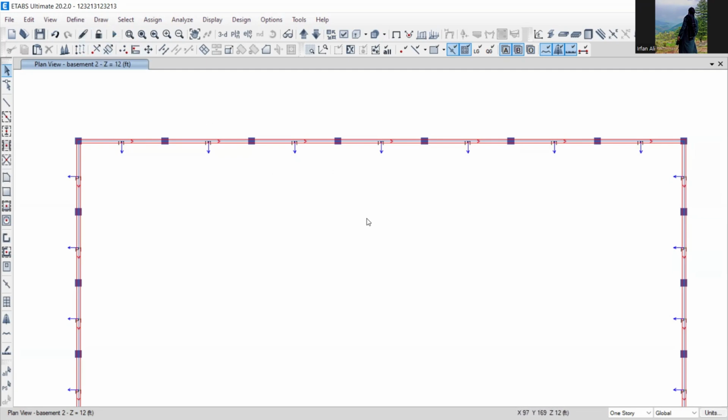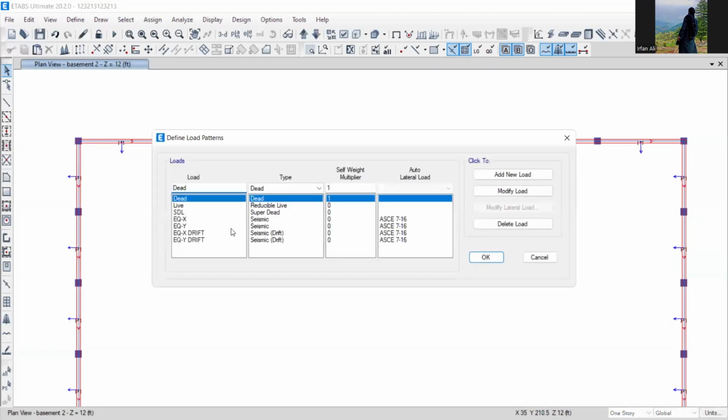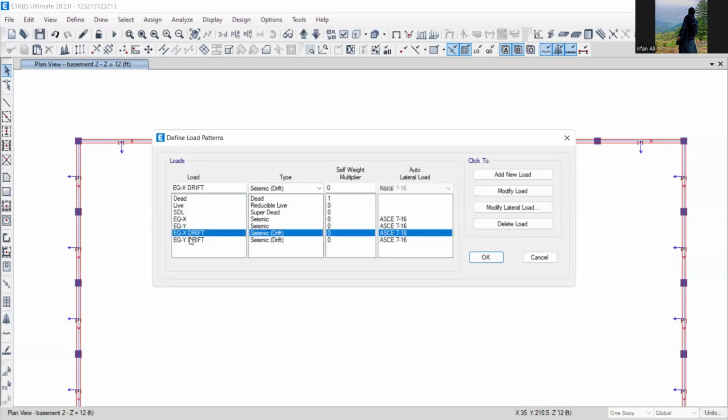So before checking the story drifts in the table, you have to define a load pattern, and it will be EQX drift in X direction and EQY drift in the Y direction. And for that, let me define it. For example, EQX drift,